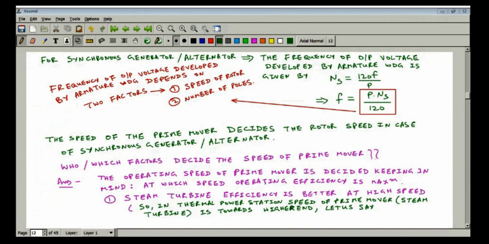Let us say 3000 rpm. So if the speed is fixed at 3000 rpm,